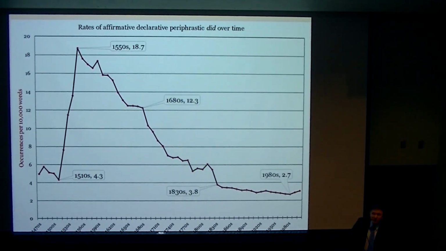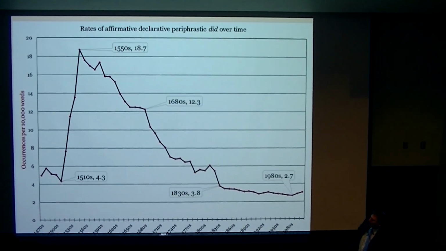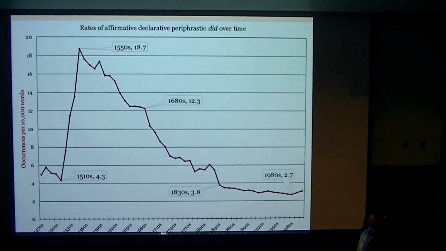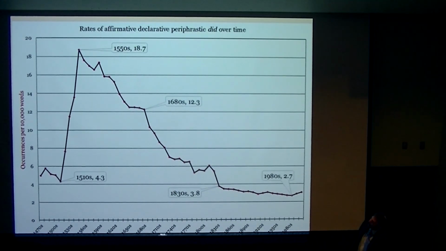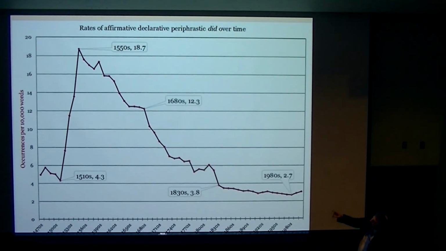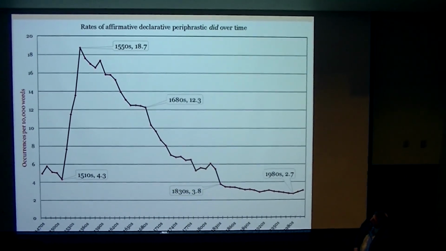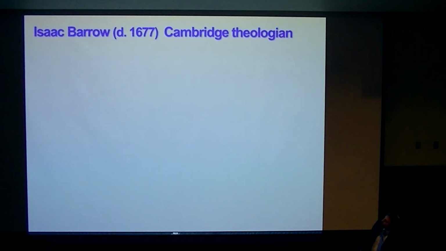Here's the profile of usage in English over time. This is about 500 years of English. We can see how quickly it rose in the textual record. It was a brief phenomenon where it was very frequent in English. And over time, the inversion and the adverbial use, while the overall rate decreased, the inversion increased. So the patterns of usage that pseudo-biblical writings have are very different. The 1830s is Joseph Smith's usage.